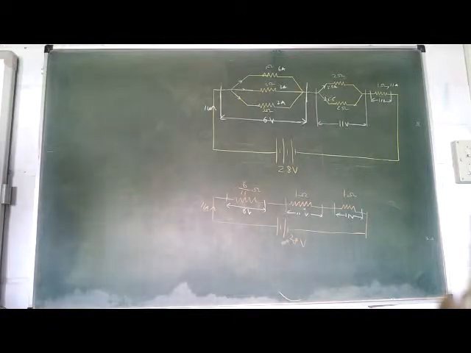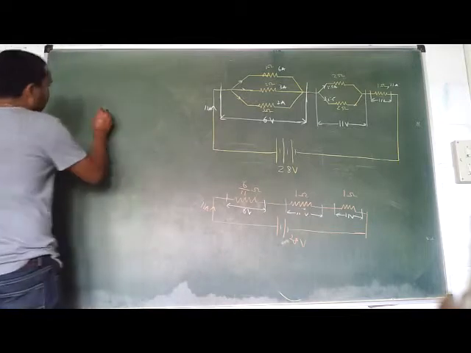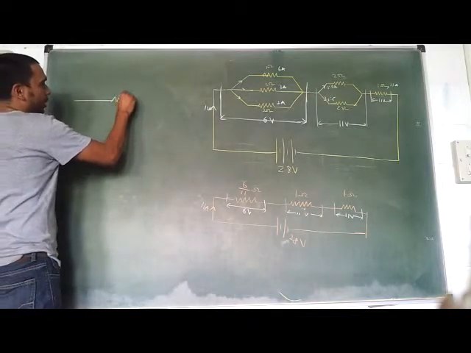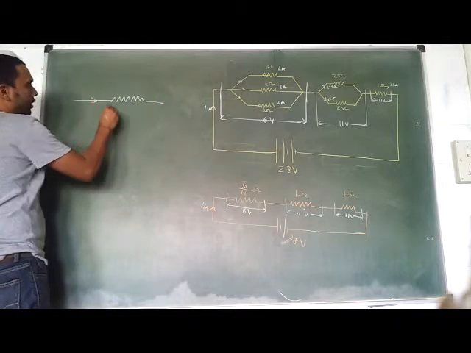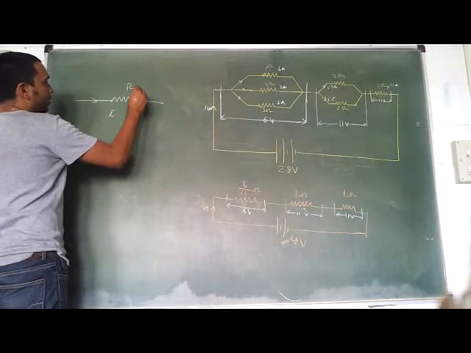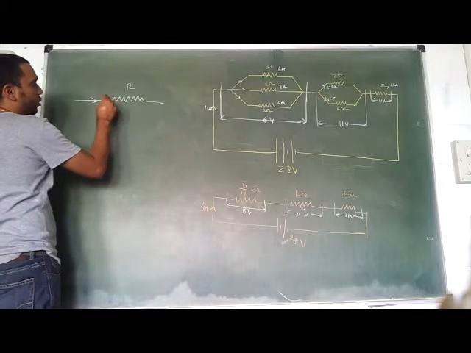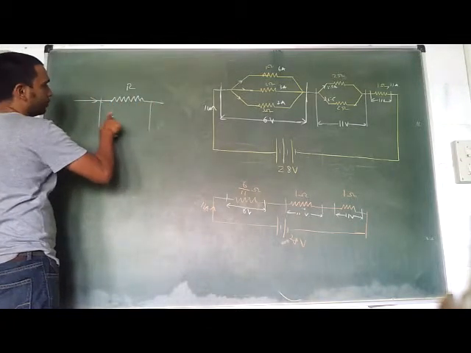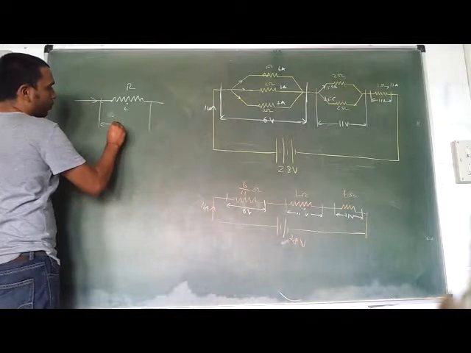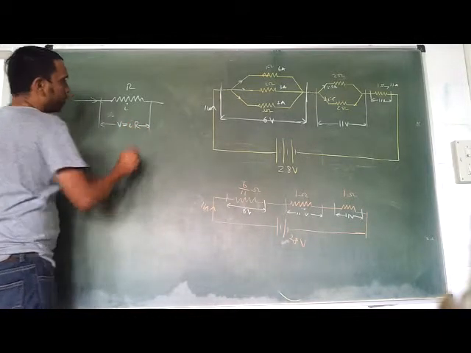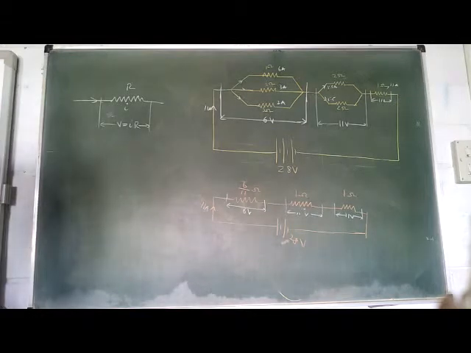Okay, so if current I is going through a resistance R, it will create a potential drop of how much? V is equal to IR, the potential drop it will create. If I ask you how much heat it has generated while passing through the resistance, can you tell me? Using some facts which we have already done in the first class.